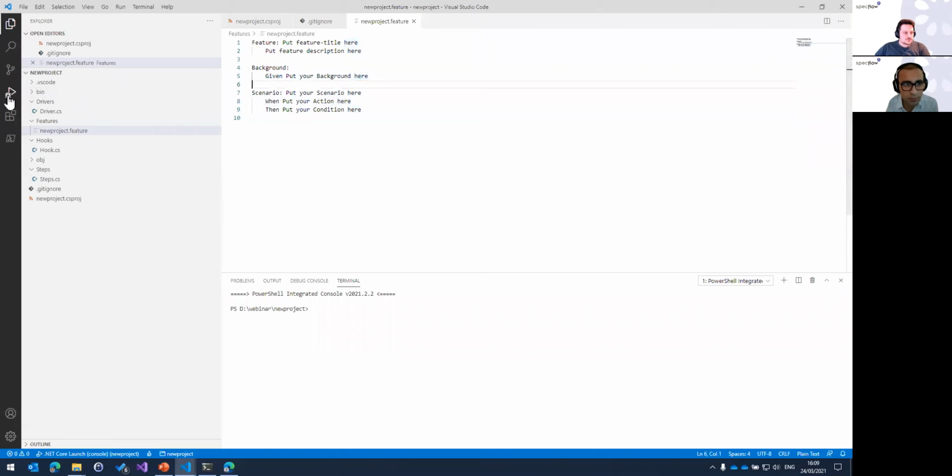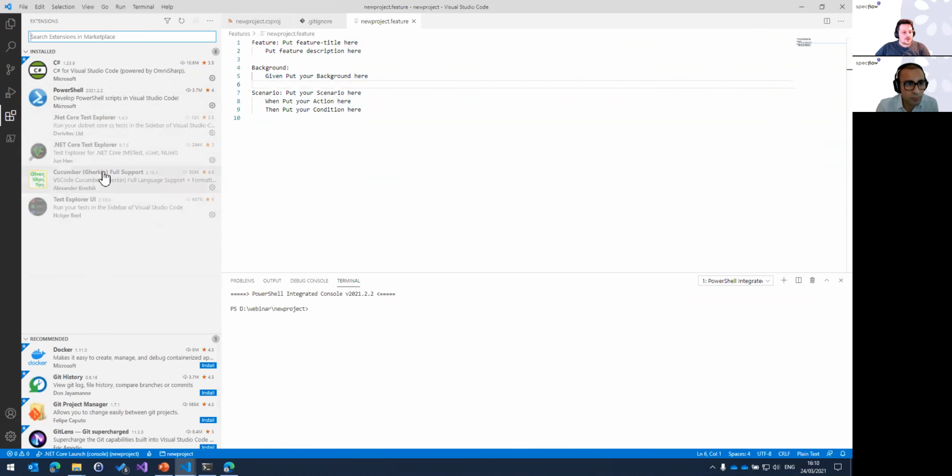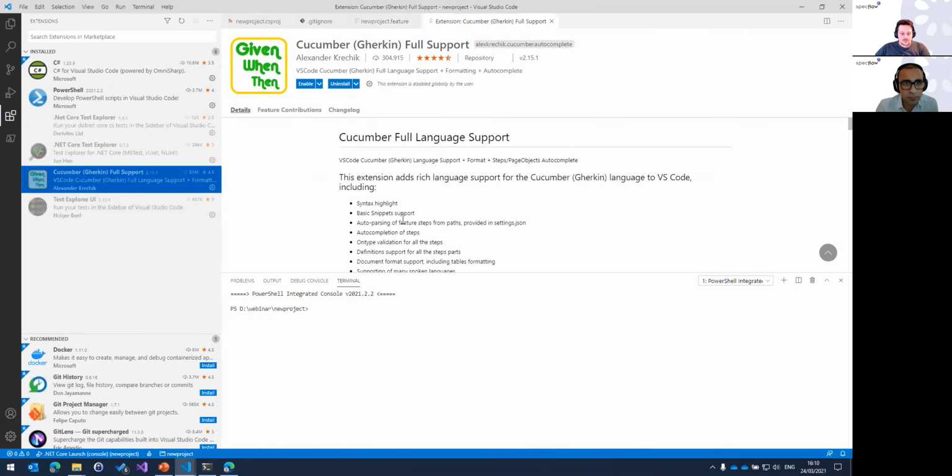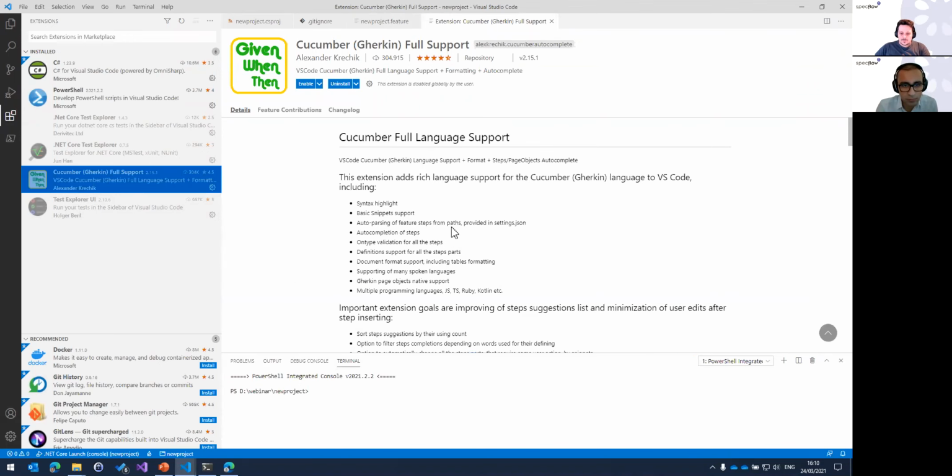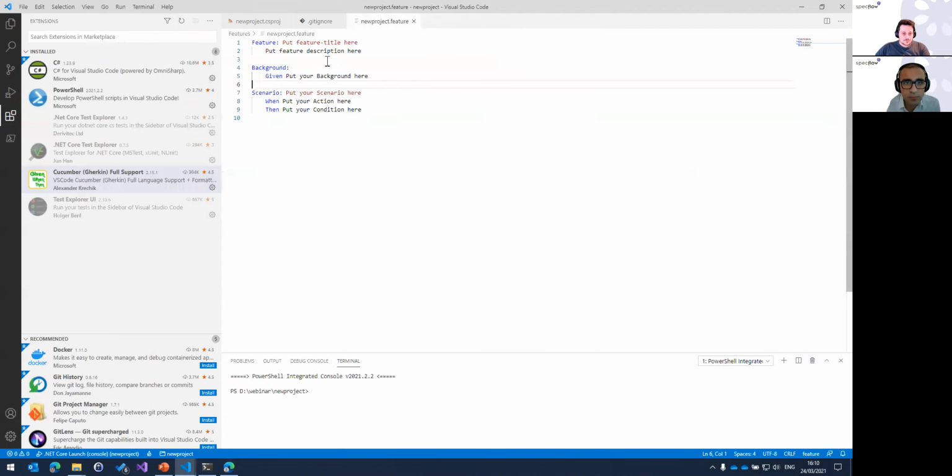But as with Visual Studio Code, the extensions ecosystem is really, really big. And there is already a good one that we try to promote. It's this Cucumber Gherkin full support extension. Let's enable it. And I don't need to reload. And this extension, it's not from us. It's an open source extension by the community. And you see, it's enabled, and we already have syntax highlighting,